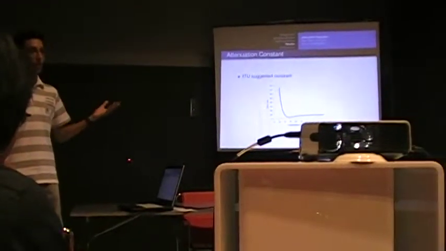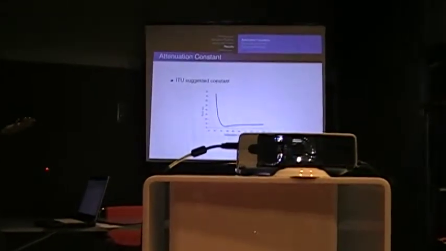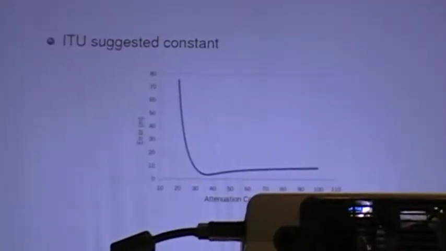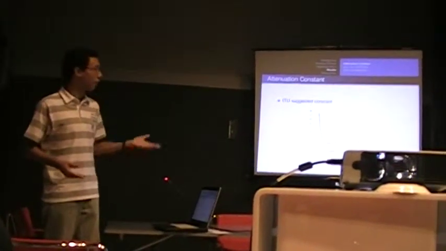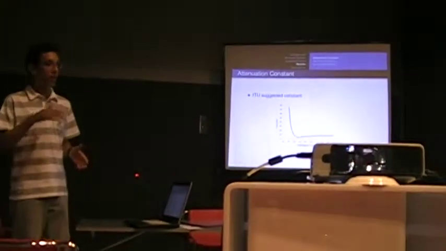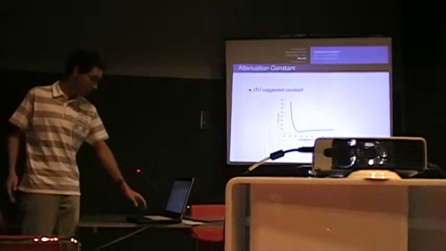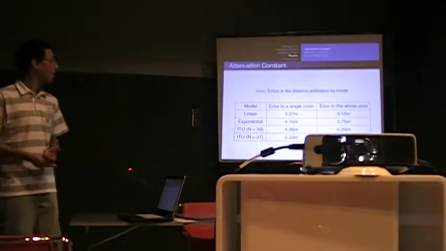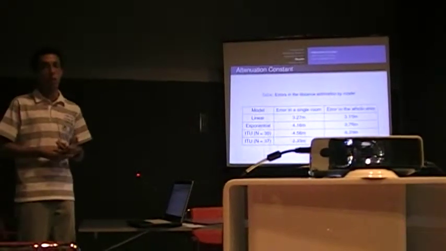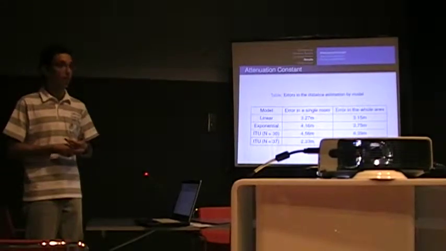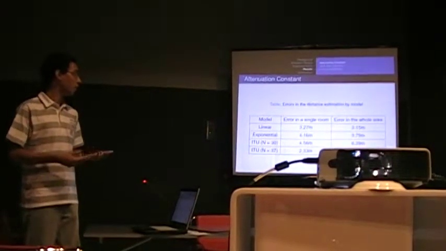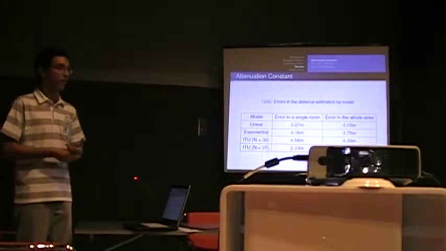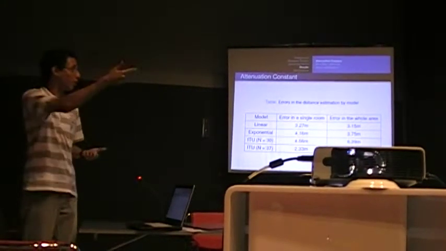Trying to find the constant, we used values between 1 and 100 in order to test the greatest quantity of constants. As we can see here, in the y-axis we have the error in meters, and in the x-axis we have the attenuation constant. Lower values have high errors, and when it's near 30, the error starts to decrease and then starts to increase after that. In numbers, we can see that the suggested, or arbitrary, constant, which is 30, presented the highest error within a single room and within the whole environment. It's like a 4.5 meter error in coordinates in a single room and more than 8 meters error in the whole environment. So it's not reliable at all. It's like you're here or 8 meters away,